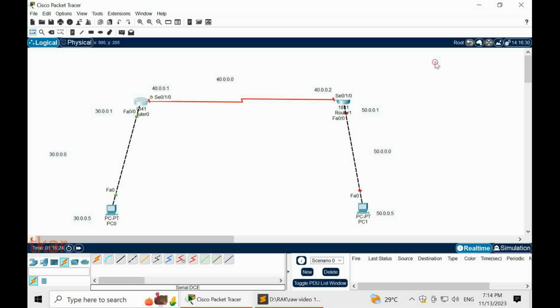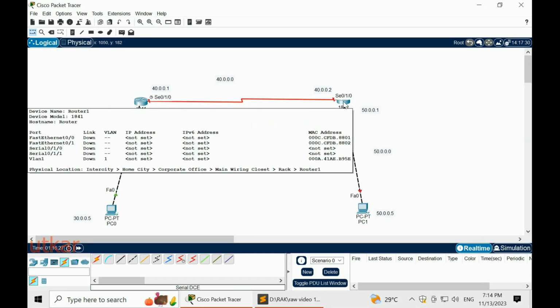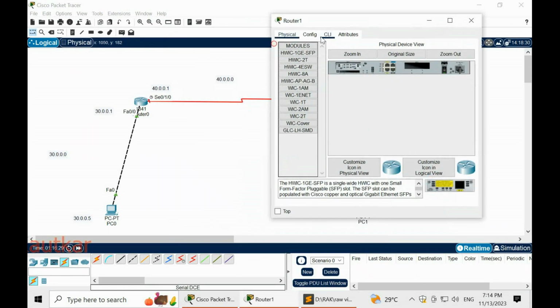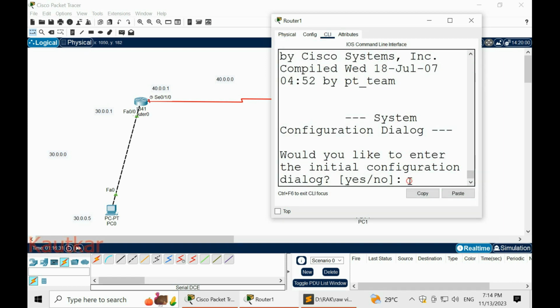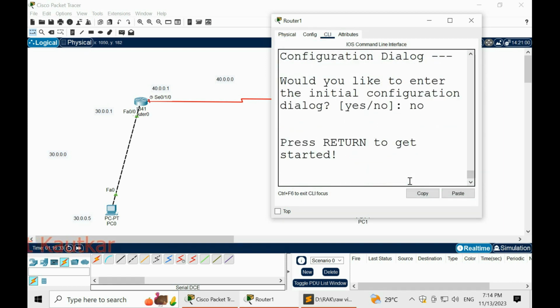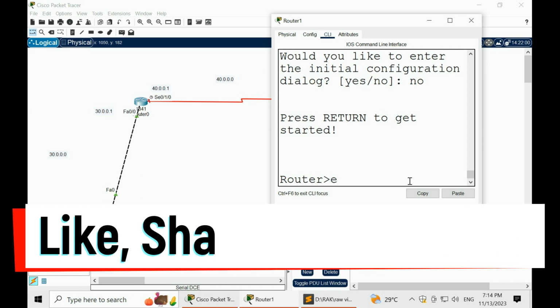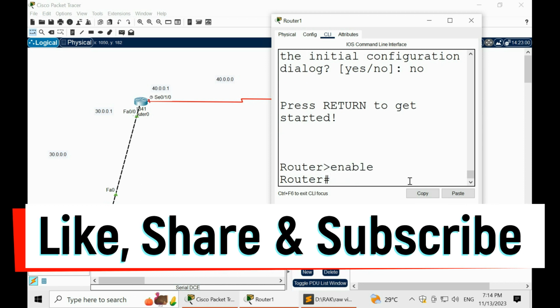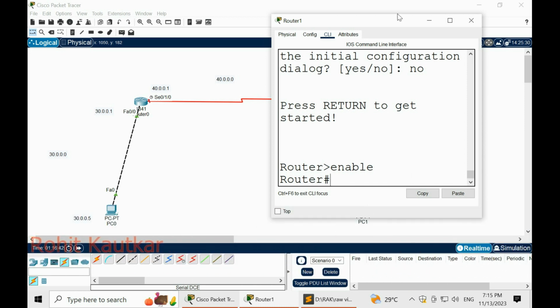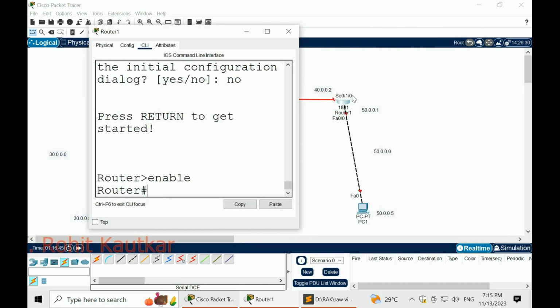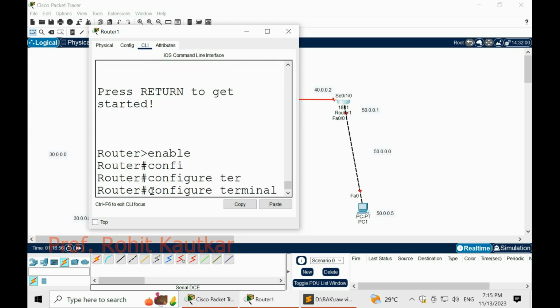So we will close this. Now we will access the second router here. We will go to CLI. We will use enable. Same commands now, friends, we are going to follow here. So in this router we have two interfaces, one is the serial and one is this fast Ethernet. So first of all I am going to configure this fast Ethernet. So here I will type configure terminal.